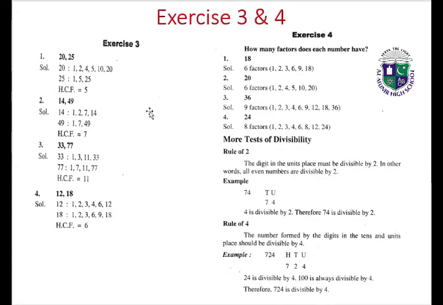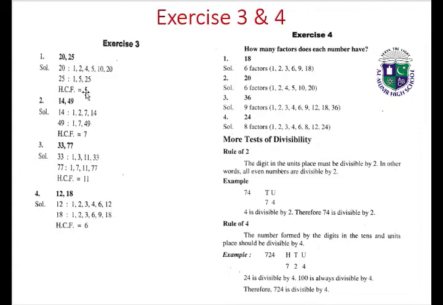Exercise 3 and 4. Exercise 3: 20 and 25. Solution: 20. 1 20 is 20, 2 10s are 20, 4 5s are 20, 5 4s are 20, 10 2s are 20, 20 1s are 20. 25: 1 25 is 25, 5 5s are 25. Highest common factor